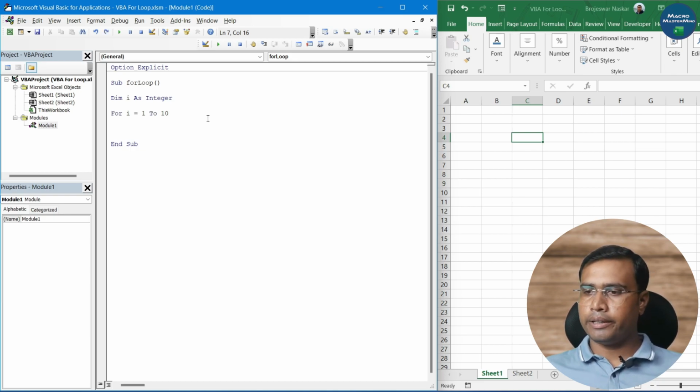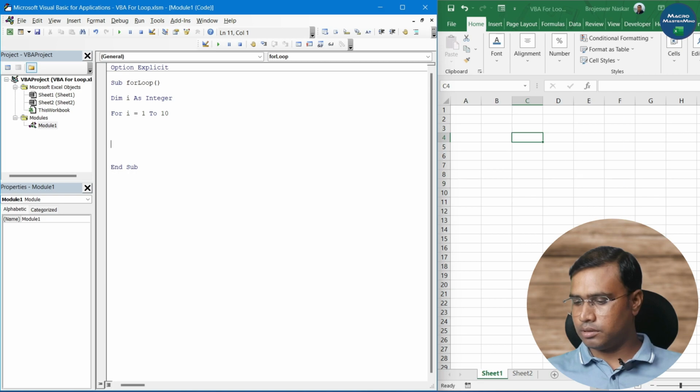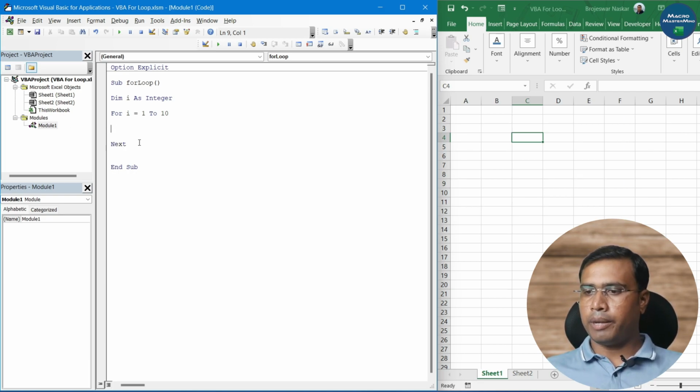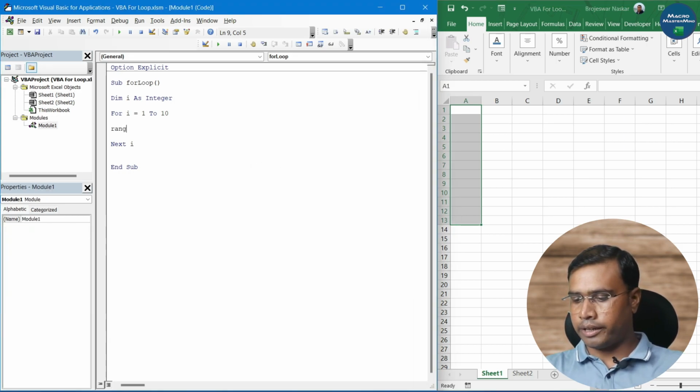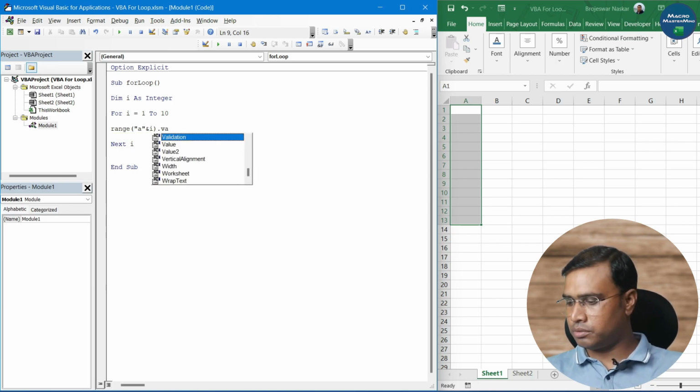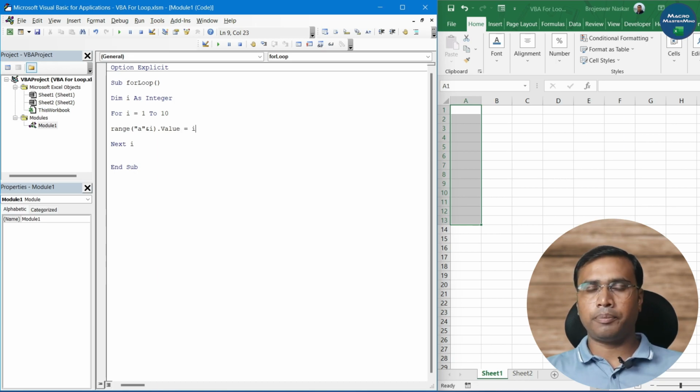So here at the end will be Next I, and we can also put just Next like this, but the better way is to put Next and I. So here we can write our statements, I mean the codes basically. We can fill serial numbers here like 1 2 3 4 up to 10. So let's put Range A and I dot Value equals I, as we saw in the previous video. If I run this code, you can see 1 to 10 will be there in